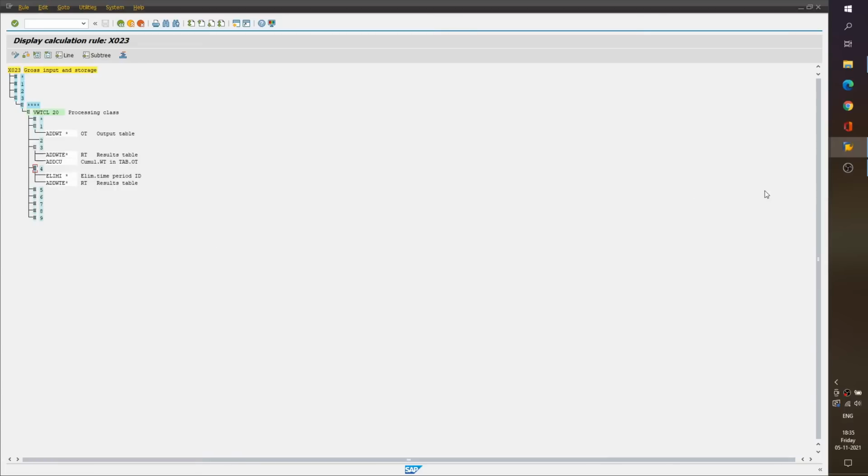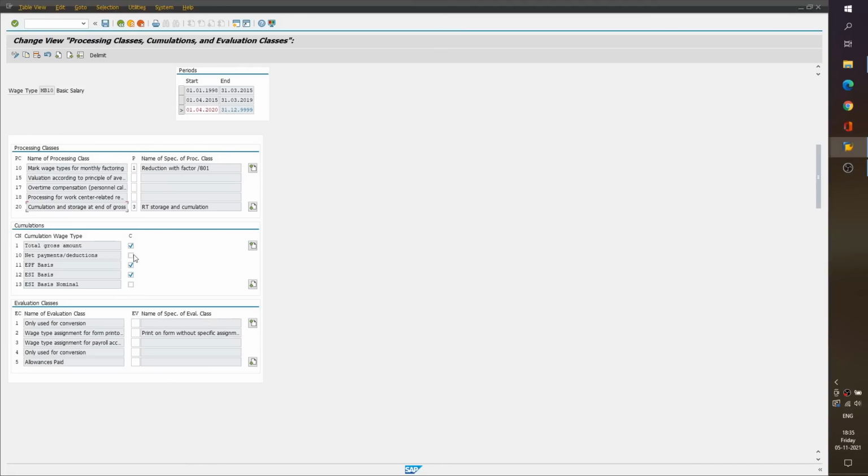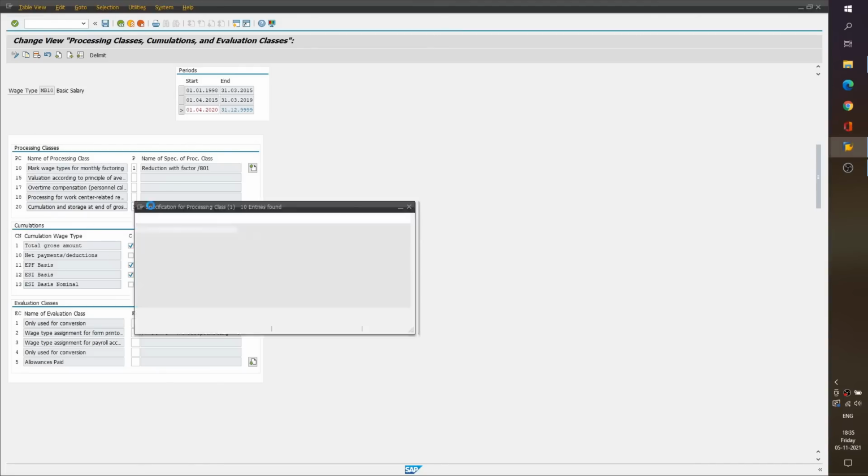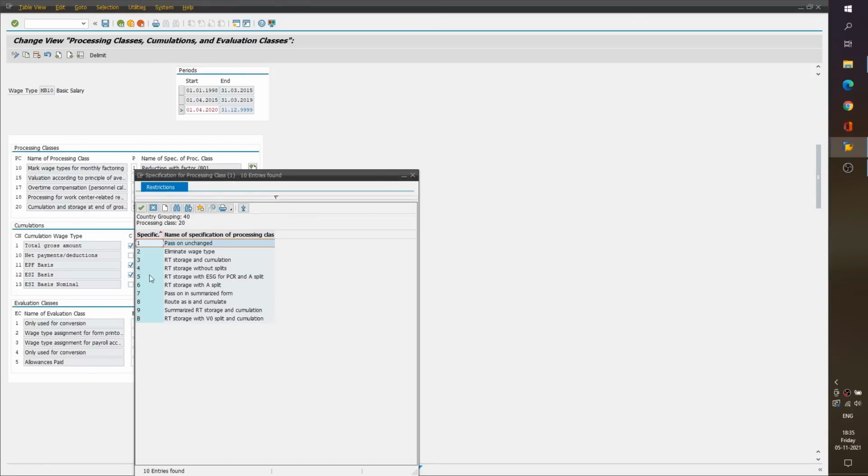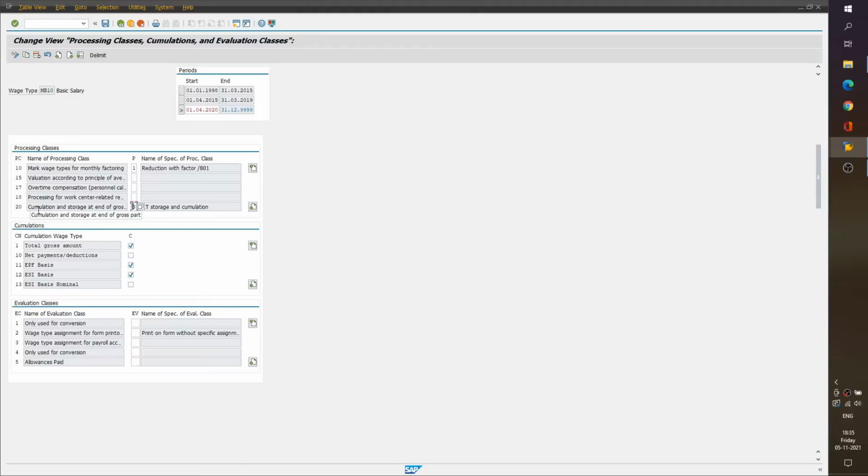So basically when we come to this view, the view of processing classes, all these options 1, 3, 4, 5, these rules, the actual technical operations, will be written in the corresponding PCR X023. Okay, now when I say this particular processing class is very special, what I mean is that it is linked to our next part, which is nothing but accumulations.